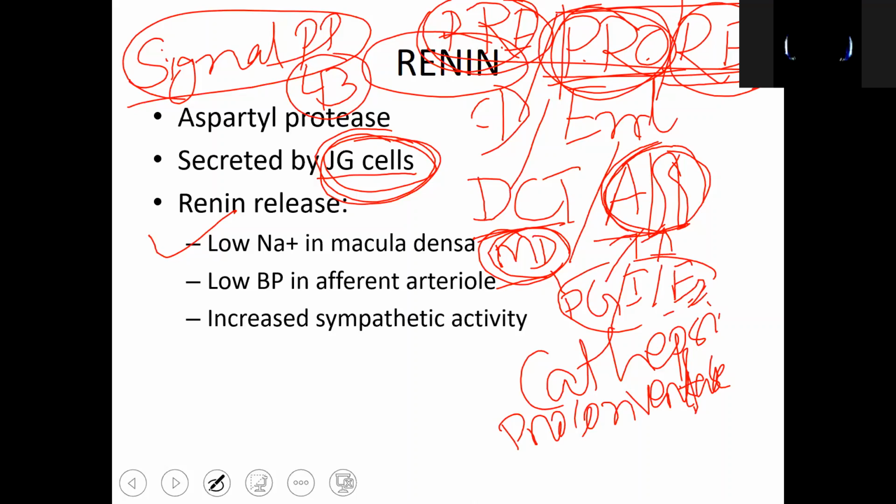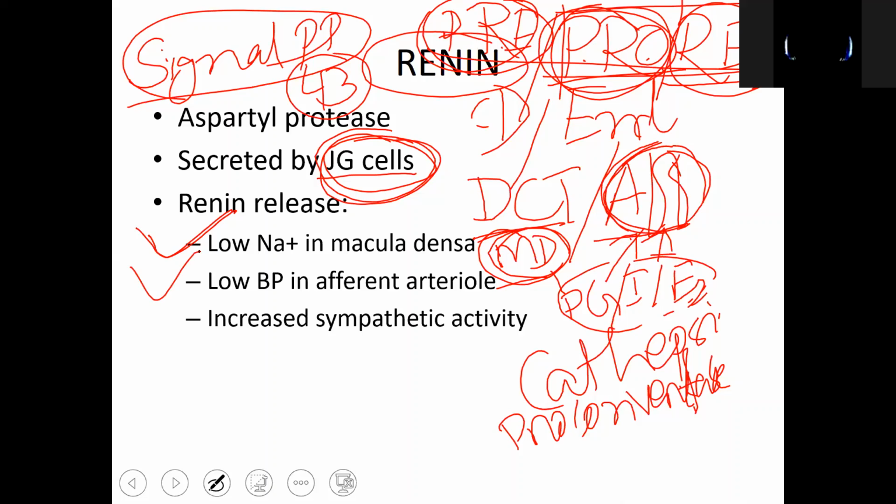Earlier it was thought that prorenin is the inactive form of renin, but now it is being postulated that both prorenin and renin are active. They can convert angiotensinogen to angiotensin 1. Okay, so anyway, one stimulus is the low sodium in the macula densa. If the person has low sodium in the blood, or if the person is taking diuretics and for that reason there is salt and water loss and low sodium in the afferent arteriole, then it will be sensed by the macula densa, and that will trigger renin release.